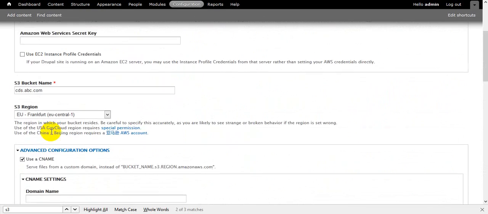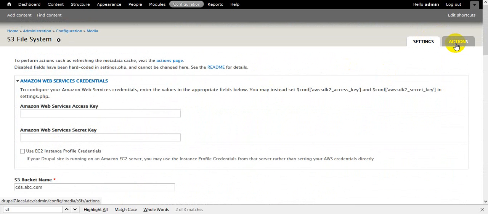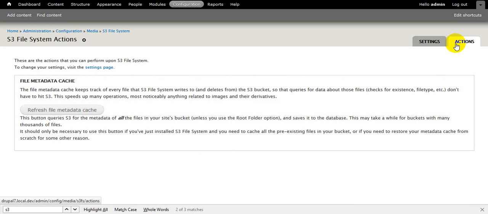Once these settings get configured, we need to go into the actions. Here you can see right now there is only one action, file metadata cache, but if your settings are correct and verified with the S3 bucket, you will get another block, copy local files to S3, where you can find one more button. If you click on that button, all your local files will move to the S3 bucket. But I would suggest you do not use this button,